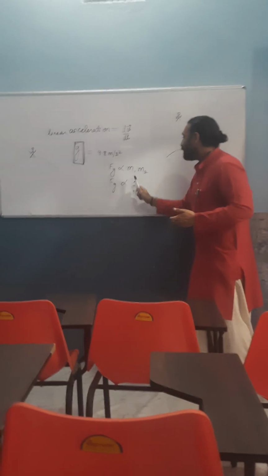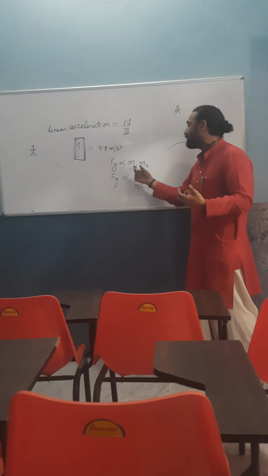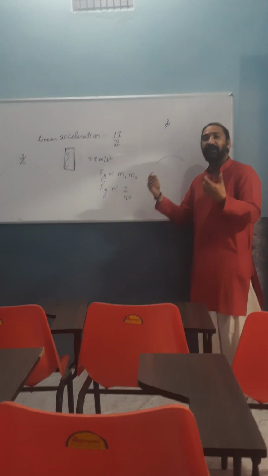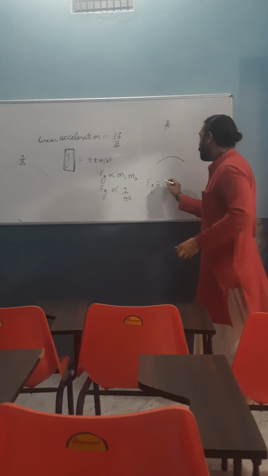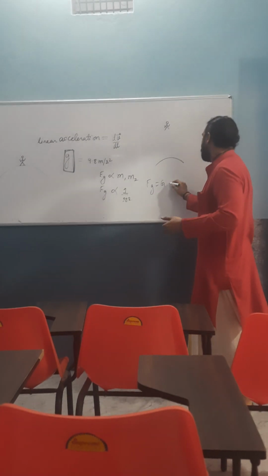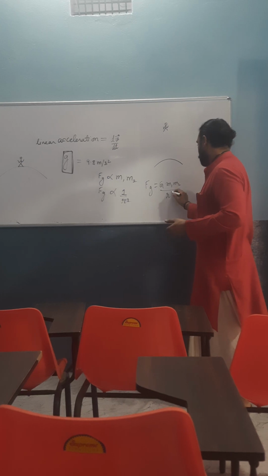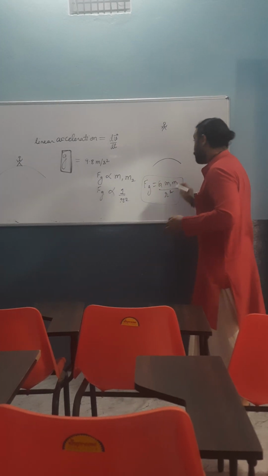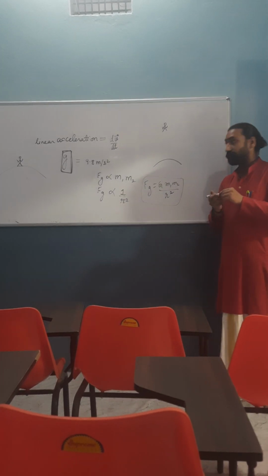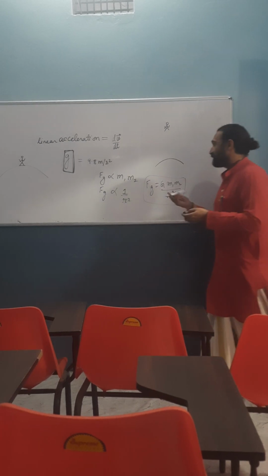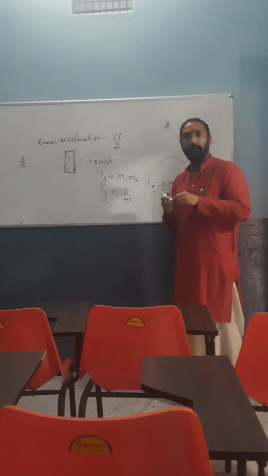So let's see. He wrote this, and then he said there is a proportionality constant which comes, and that constant has some value. That value we included, and he called it the gravitational constant, capital G. So that becomes G m1 m2 upon r square. Now this is very good. You forgot to mention one thing: the negative sign, because this is an attractive force overall.